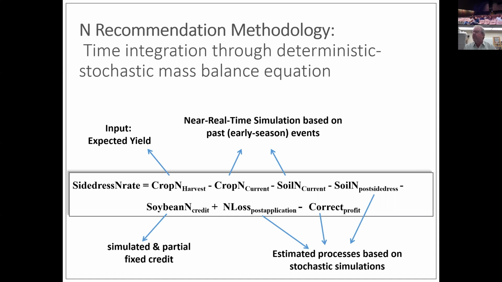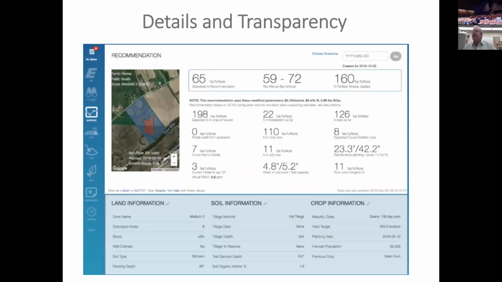Then we also have a stochastic approach that deals with potential losses that may occur after the application. And then we have credits for soybeans, and we have what we call a profit correction factor. That's a risk-based factor because of the asymmetric risk of under versus over fertilization. So that's the basic idea, and that's where the model comes in. So going back to a screenshot here,